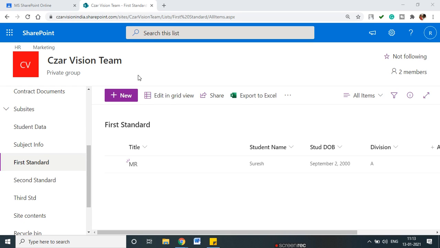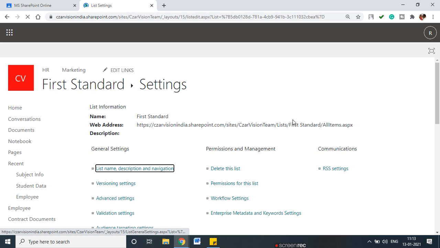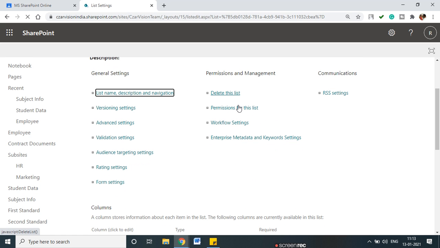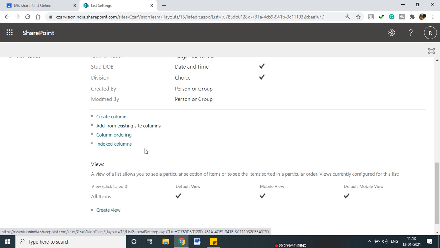Content type. Okay, so basically the site column is the reusable columns, those we can use in your list. Earlier we saw that there are three kinds of columns. One is the list column, the second is the site column, and the third is the content type. It's not exactly a column, we say column, but we use the content type while adding the column in a